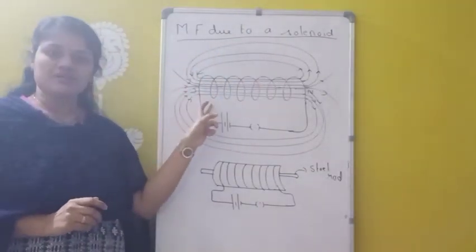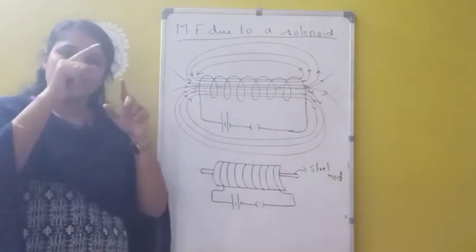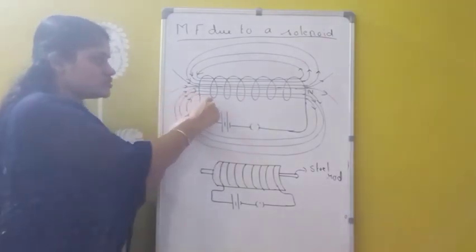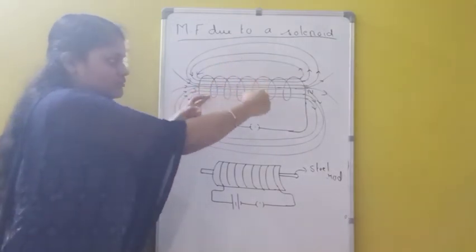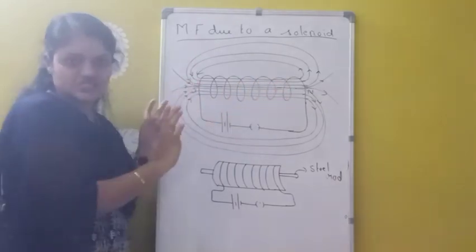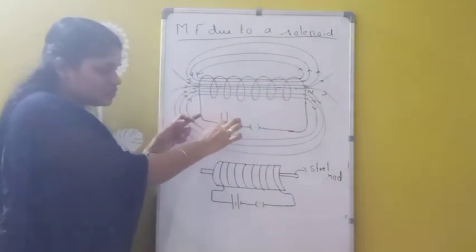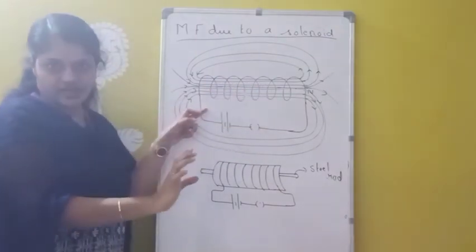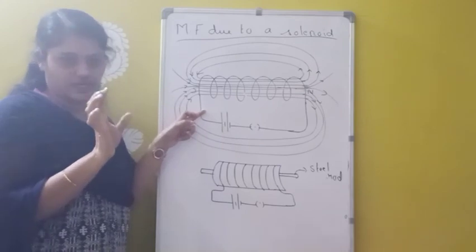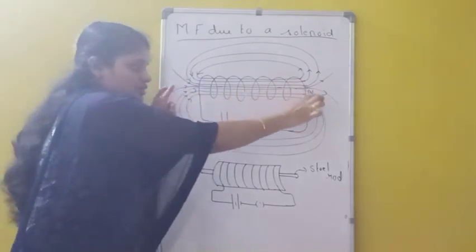A solenoid is a large number of turns of insulated copper wire wrapped in the form of a cylinder. So here also we have a large number of turns of insulated copper wire wrapped in the form of a cylinder, and this will be acting as a solenoid, and this can be connected to a battery and a key. Now whenever current is passing through, this coil behaves as a magnet, and that is called a solenoid.